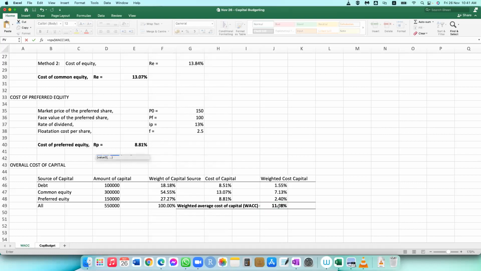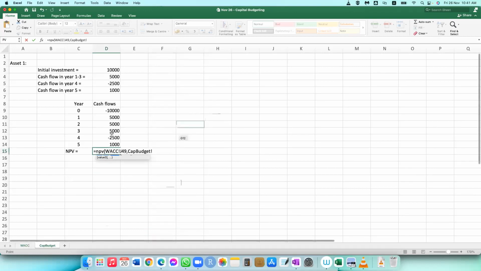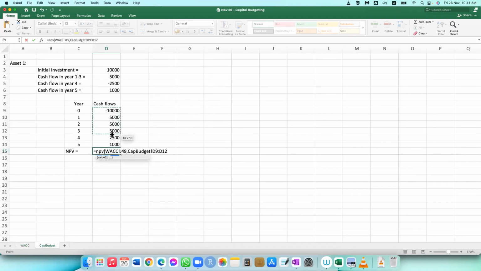Okay, now we have to find the values, and the values are in this worksheet. So let us go there and copy all these values. But there is a problem. You have to remember there is a limitation of this function. Actually, you should not